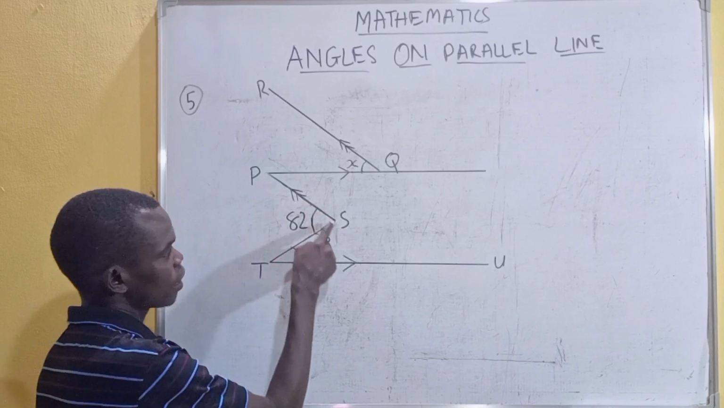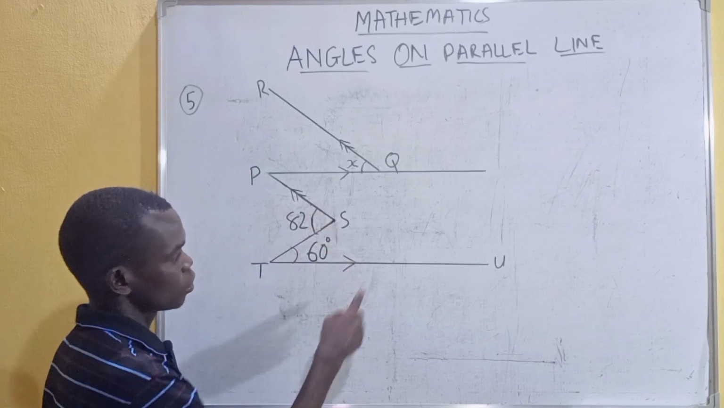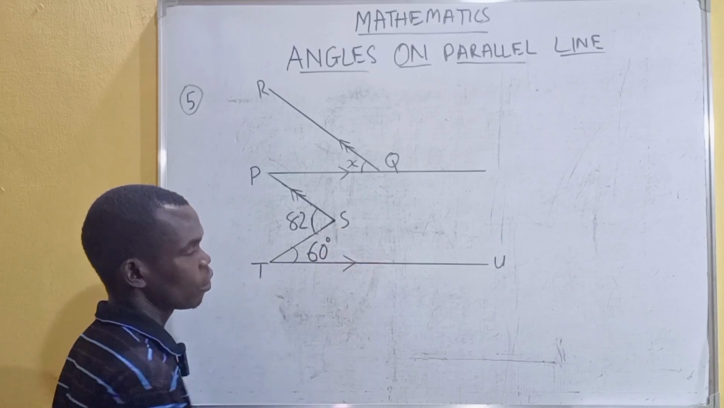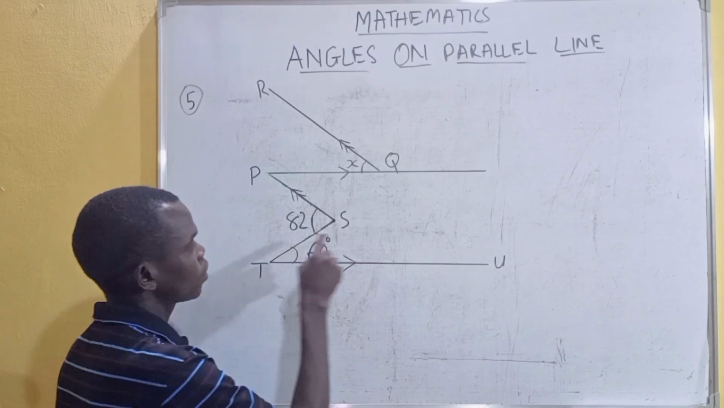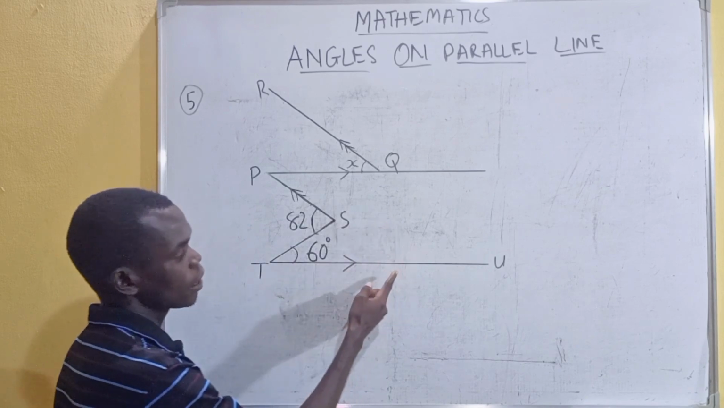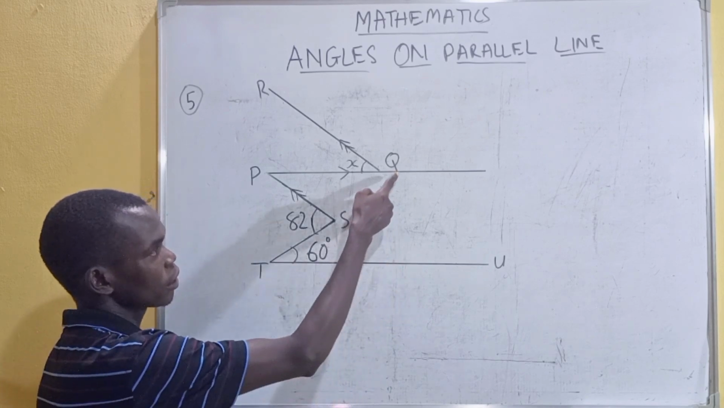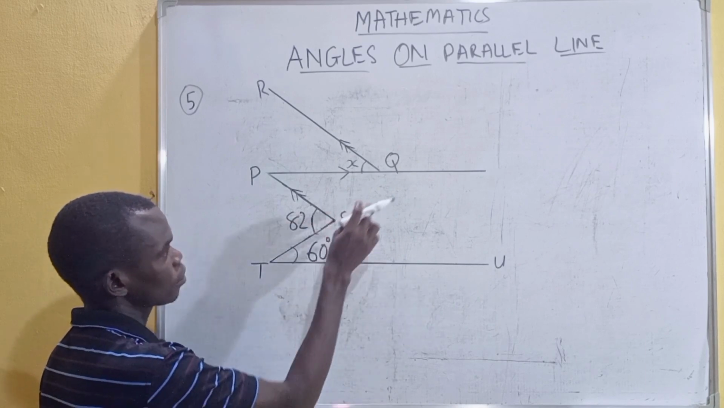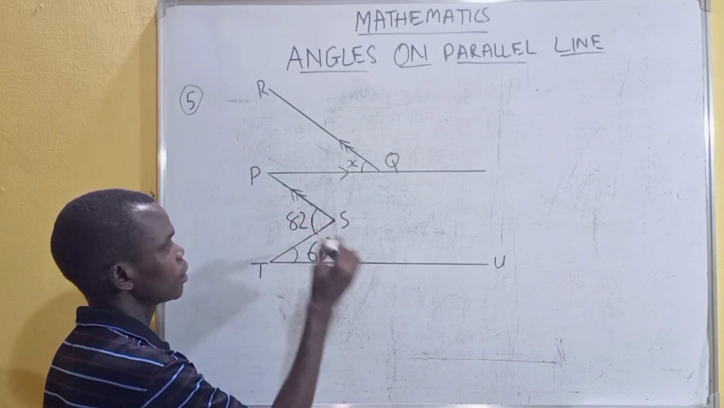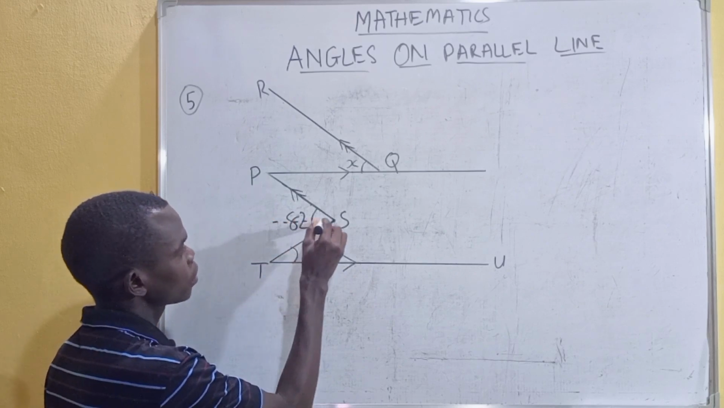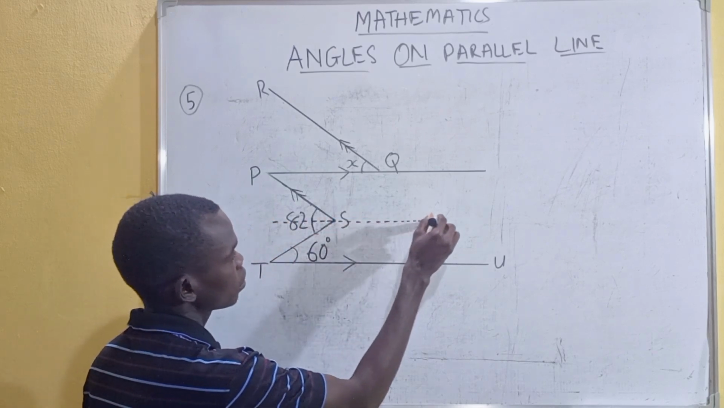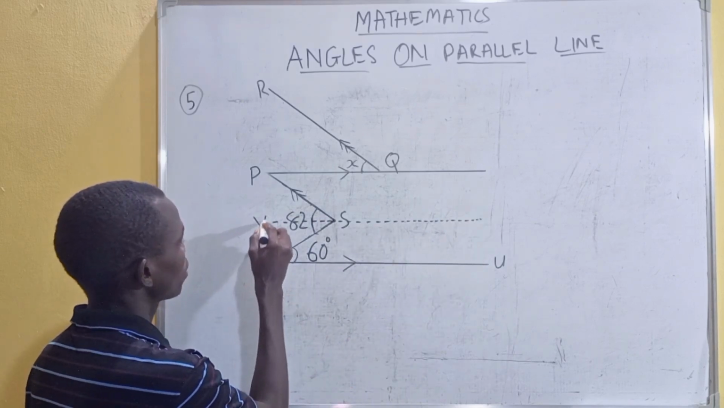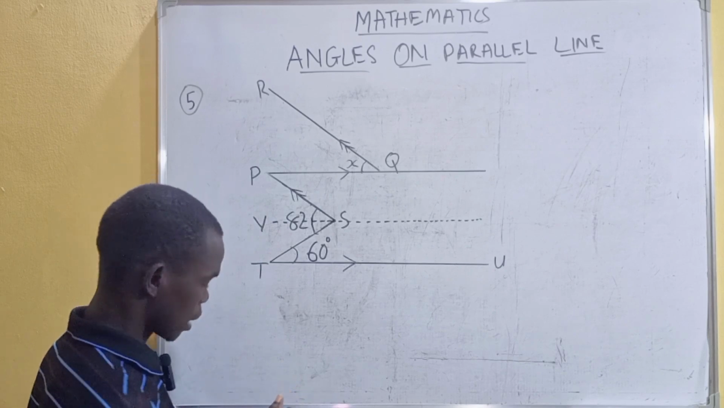And this is a parallel line which can be extended to here so that we can find this angle and find this angle. Or we can draw a line that will be parallel to this line and this line. So from here, let's draw a parallel line that will be parallel to this and this. When you draw it this way, we'll have this. Here we can name here as V. So when you look at this angle now,